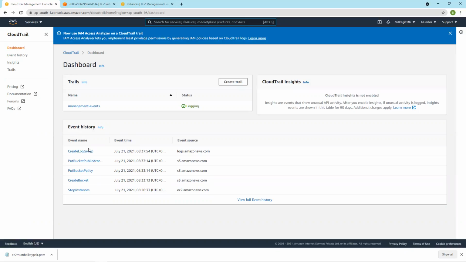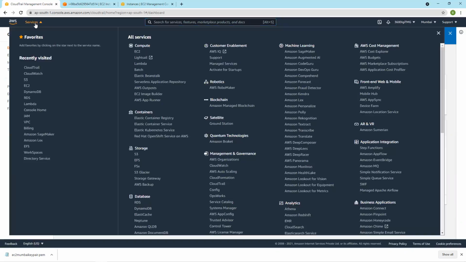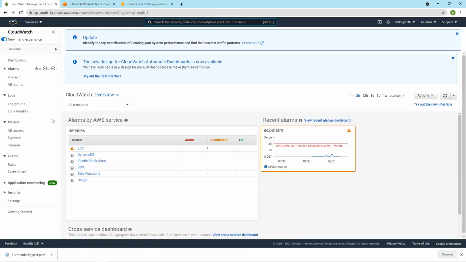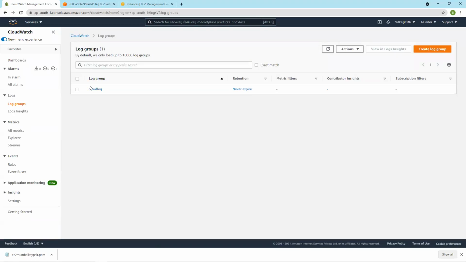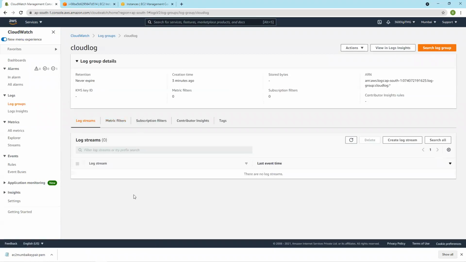Suppose based on these logs I want to trigger any action, then I have to use CloudWatch logs. That's why I have created a CloudWatch log group. And right now we can't see anything in this CloudWatch log group, and we should make an API call from CloudTrail to this CloudWatch log, which we will talk about tomorrow.